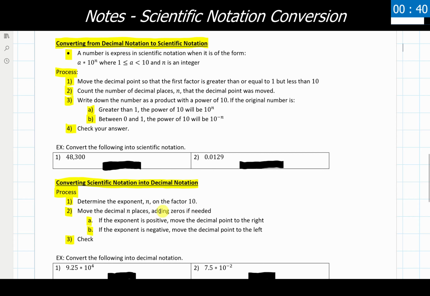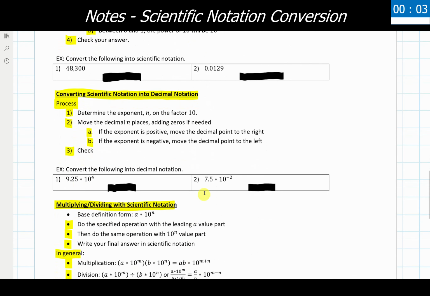We do want to note if the exponent is a positive or a negative value, because that is going to determine which way the decimal is going to be moving. If the exponent is positive, then we're going to move the decimal that number of places to the right. And if the exponent is negative, we're going to move the decimal that many places to the left. And that is the full extent of what we are going to be doing with just converting between these two forms. So we'll start with converting into scientific notation with our examples up here, and then we'll start with converting into decimal notation with the examples that we have listed right down here.